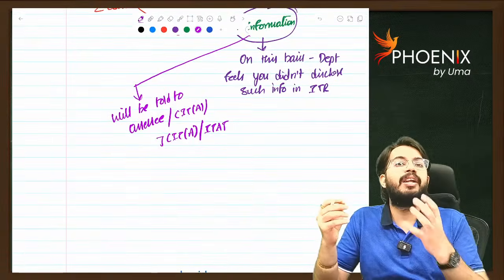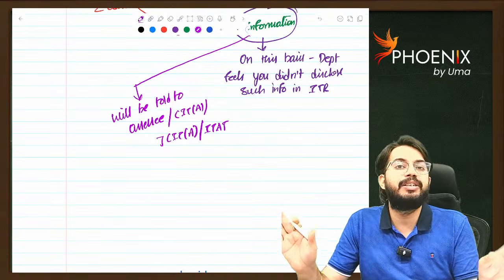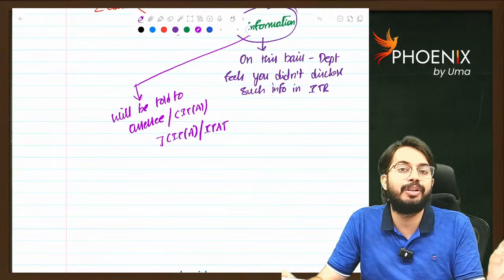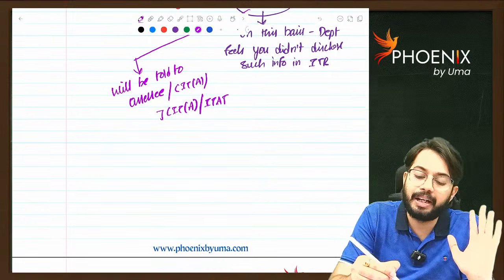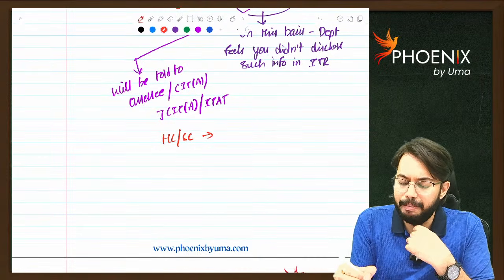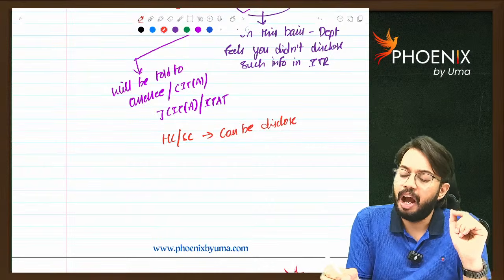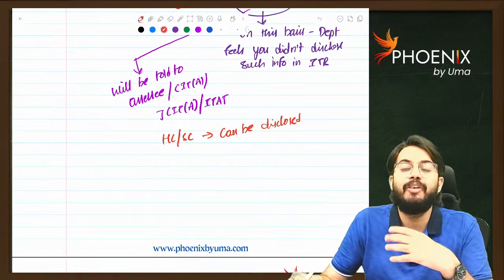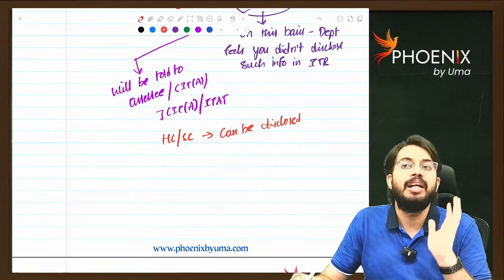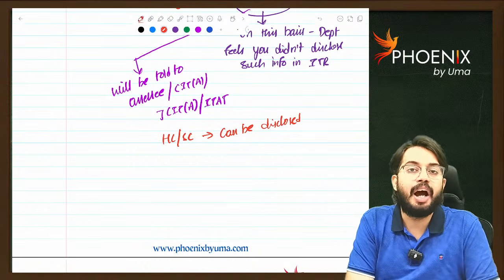So whatever information based on which search is conducted will never be disclosed to SSC, CIT appeals, JCIT appeals. It will not be disclosed to ITAT also, but in High Court and Supreme Court, it can be disclosed. That means SSC filed a writ petition. The High Court asked what is the basis, what is the information based on which you have conducted the search. In that case, the department is required to disclose that information to the High Court.